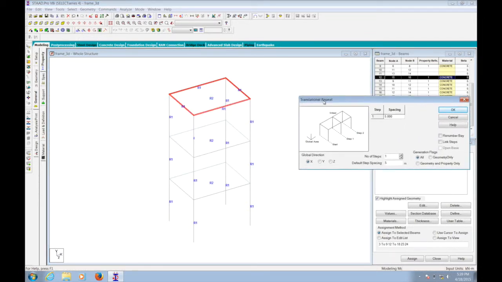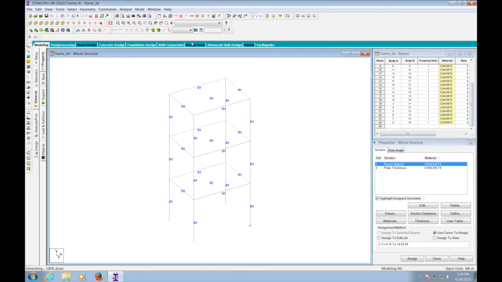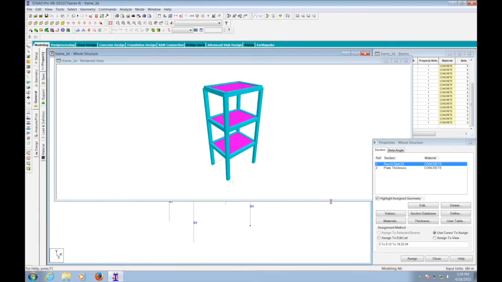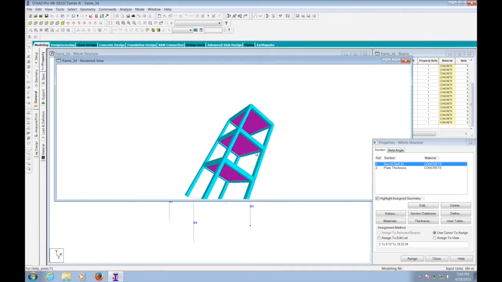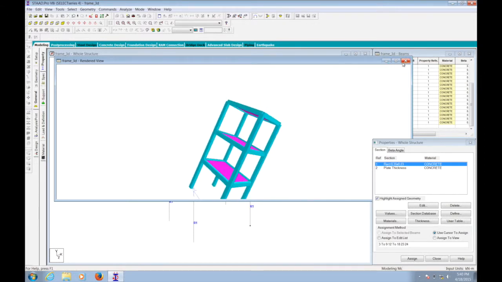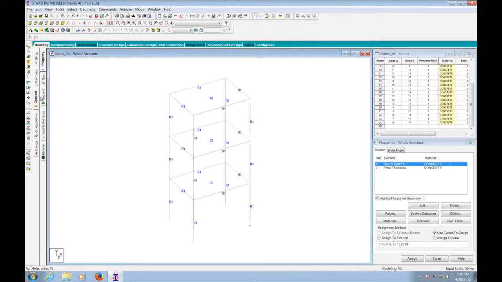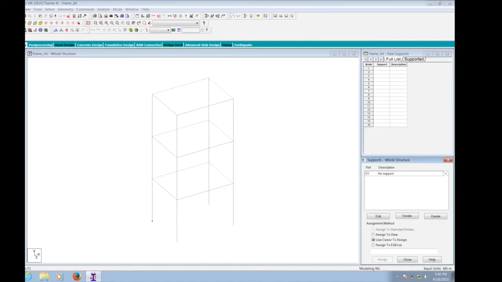Now I want you to pause your video and think what will be my next step. In y direction 2 times -3. Here we have completed our structure. Now the next job is to assign supports.